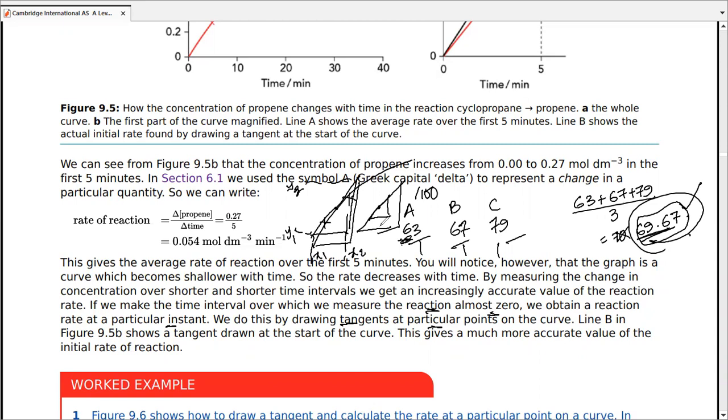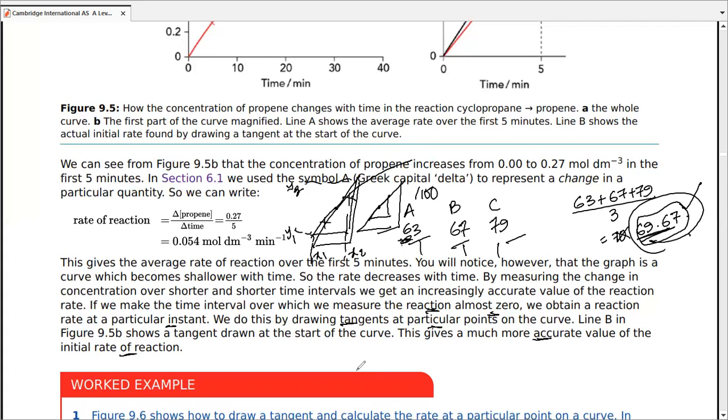However, we do suggest the triangles not be too big. In that case, you may start making mistakes, and if the triangles are too big, you can have errors over time. So try going with an adequate size of triangle when you draw a tangent for a particular instant. This would give a much more accurate value of the initial rate of reaction,